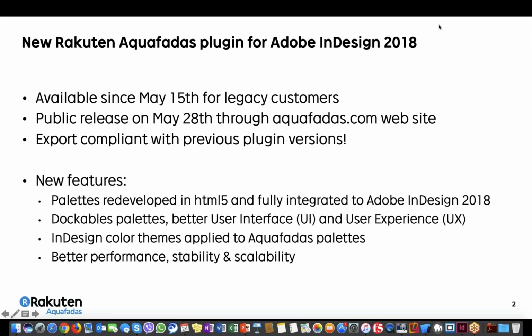You maybe remember that our previous versions were fully developed in Flex and Flash. And so we had to completely redevelop all of that with the new languages, which at the same time will make it more scalable, evolutive, and will bring also more stability and performance, which is good news on this side. But it took a long time because we had to fully, again, redevelop all the palettes.